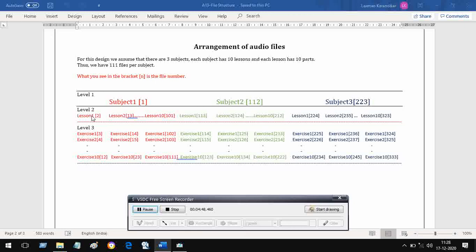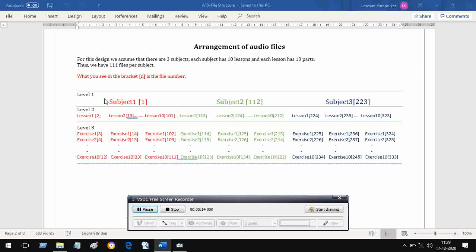At level 2 all files are short because they contain the title of the lesson and nothing else. At subject level it only contains the title of the subject. For example, subject 1 Hindi, or subject Hindi, subject English, subject social science. That way it contains very brief text, and therefore these files are very small.